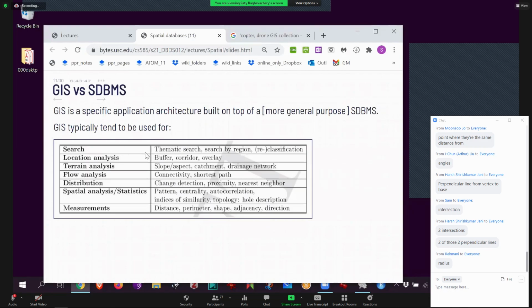You can do location analysis. For example, in a city, where are the so-called catch basins? When it rains, what part of the city can actually hold the water, like a little water tank? You can do terrain analysis, again, drainage network. How is the water going to drain from the mountains to the ocean? You can do analysis on that. It's all based on how the actual topology is distributed. And then you can do things like shortest path, like what is the shortest path from downtown to Venice Beach? You can take every possible way to drive and then come up with the shortest path.